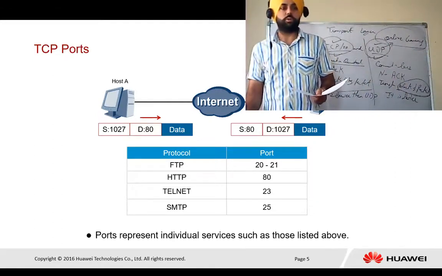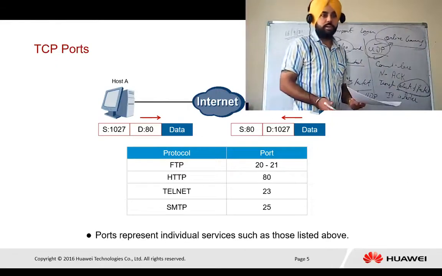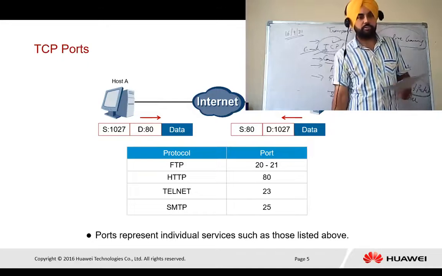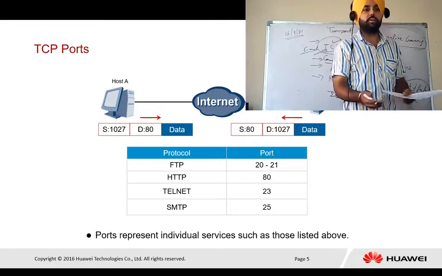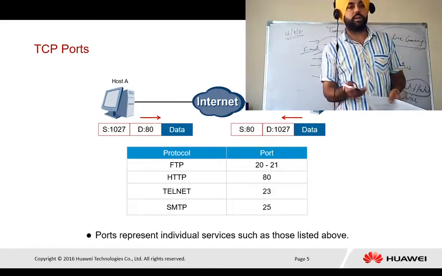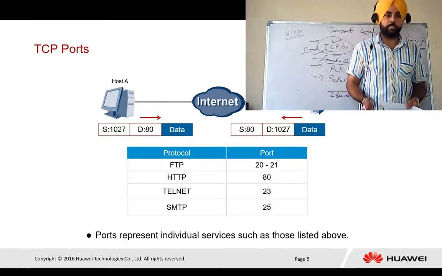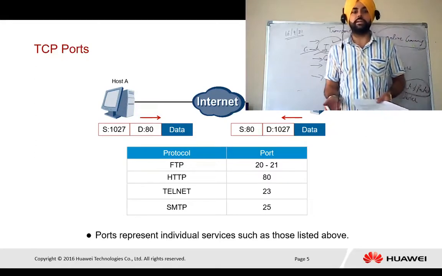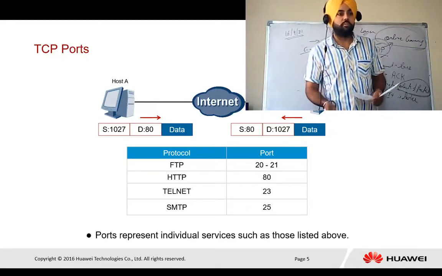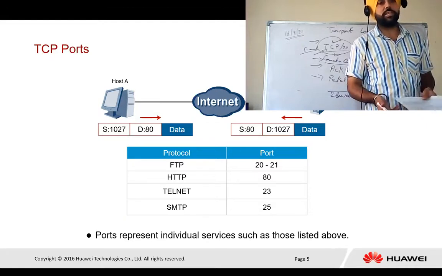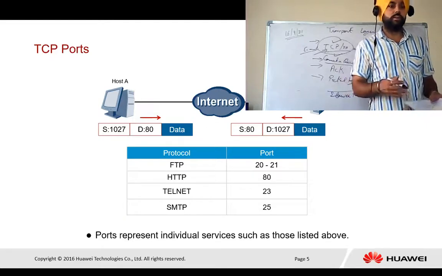For FTP, the port numbers are 20 and 21. For HTTP, the port number is 80. For Telnet, the port number is 23. For SMTP, it is 25. Whenever we are sending a packet to the destination, the destination's port number is also in the header.